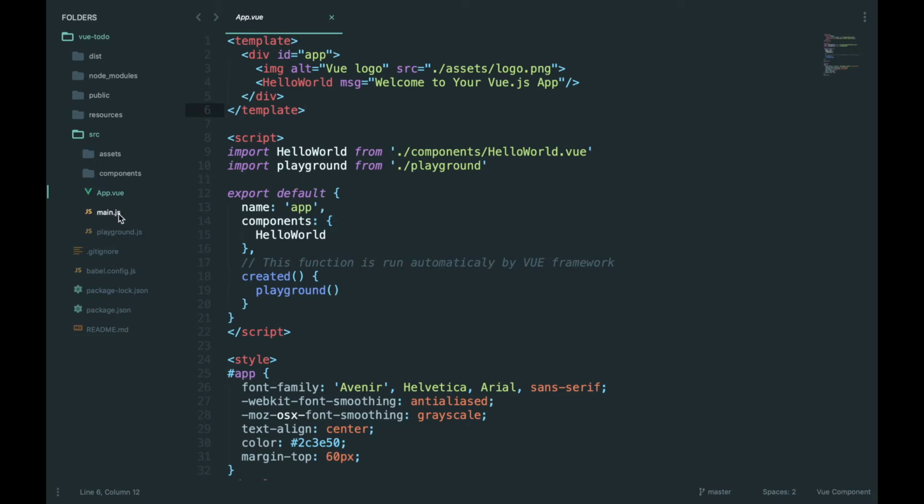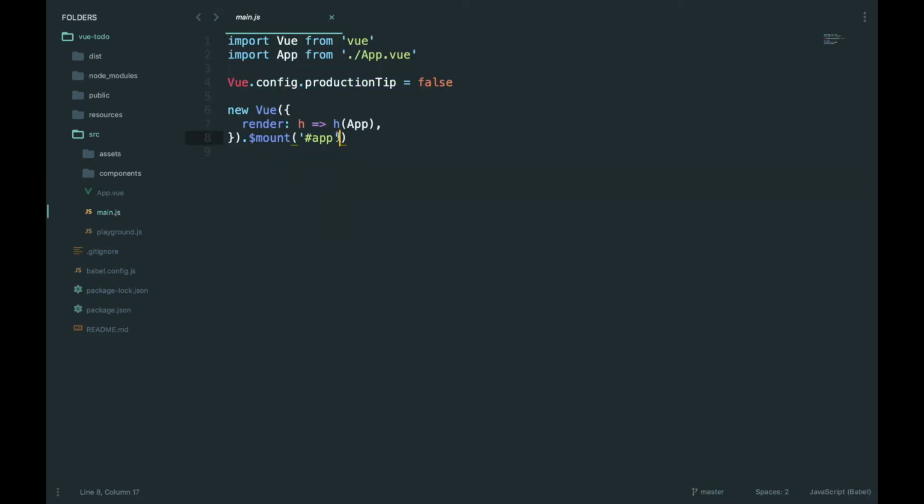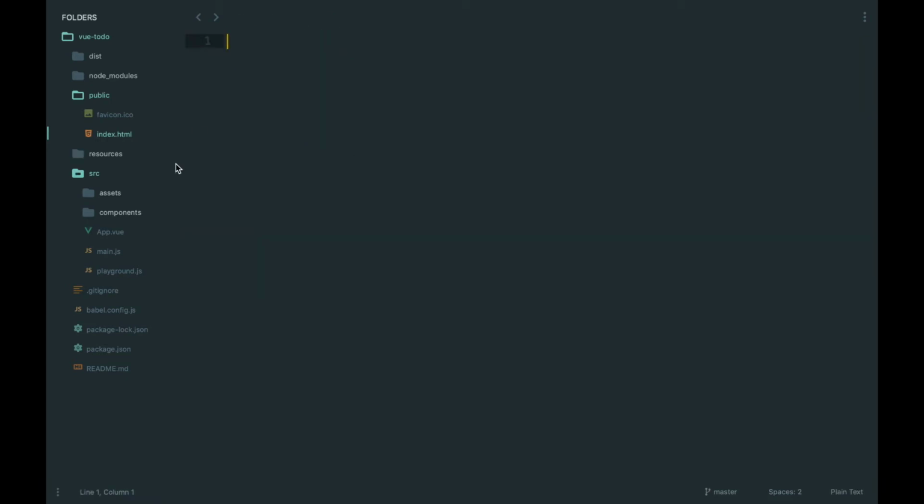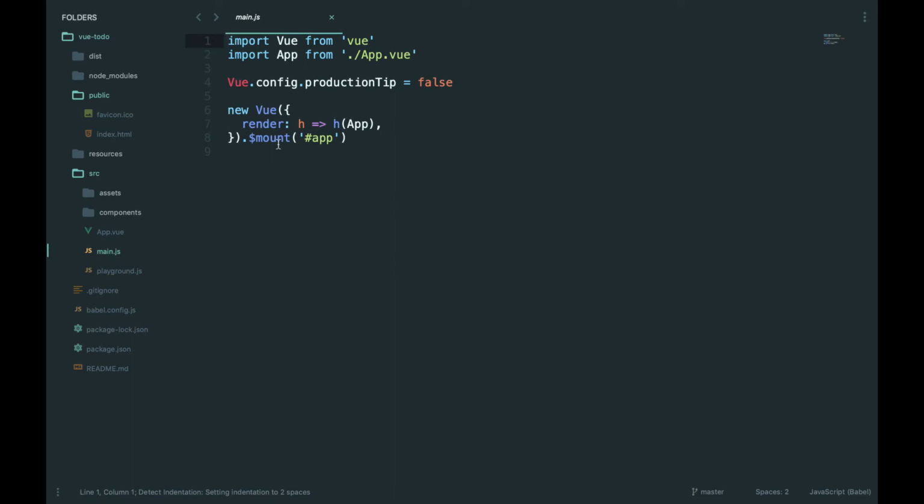Then you have main.js. In main.js, we are importing our main App component and rendering it in the browser. You can see we are using a function called mount, and we are mounting the App component to the element with the ID of app. You can see here the hash and app, and it gets this div inside the public folder in index.html. So our whole component is mounted to this div, and this is what you can see in your browser. I will be talking about this even more in the next section,